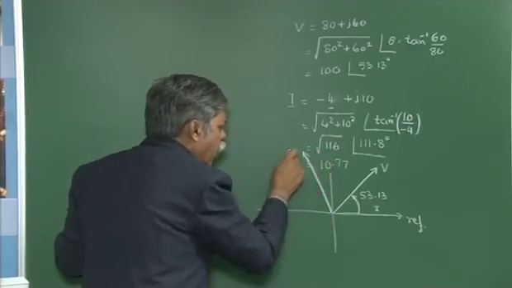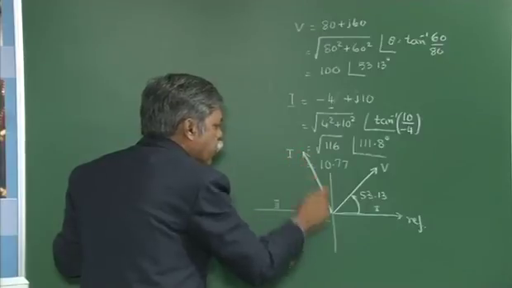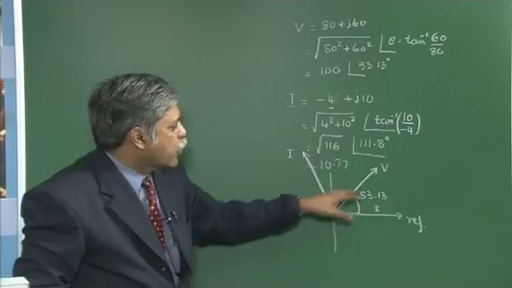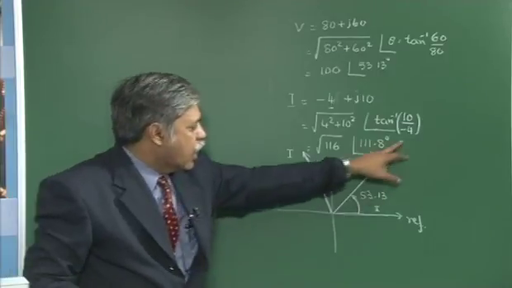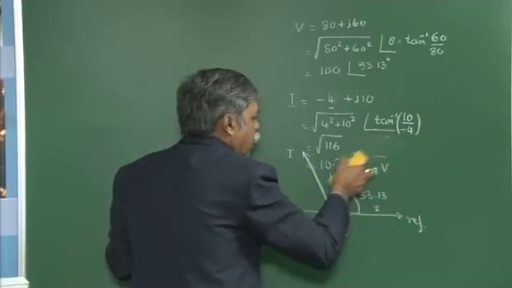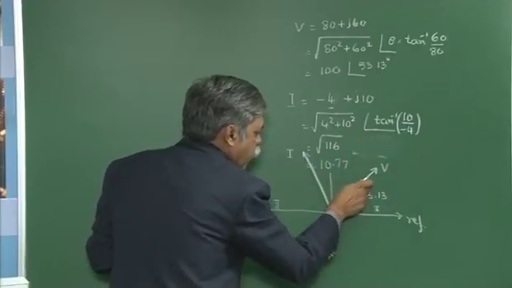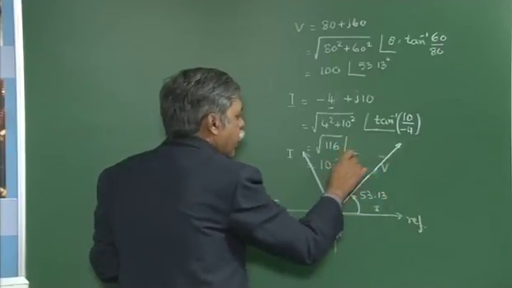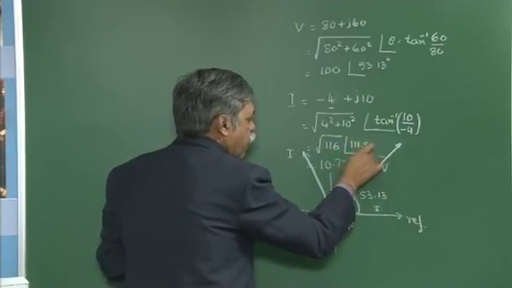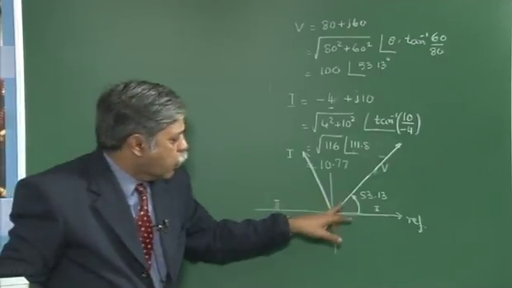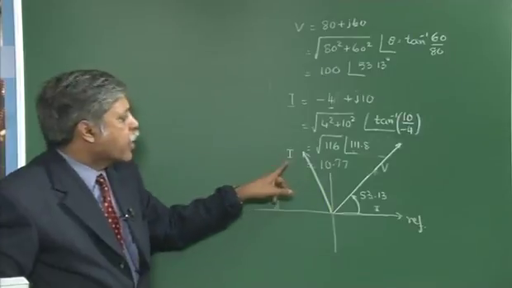So what I have drawn on the board, the magnitudes don't compare because the magnitudes are very difficult to write, okay. I can draw a longer length for the voltage. So I just make a correction. In fact, I will erase this part and I show you that this is the voltage axis, voltage vector, and the current vector has an angle of 111.8 degrees, okay. Now you can see the voltage has a longer magnitude than the current.